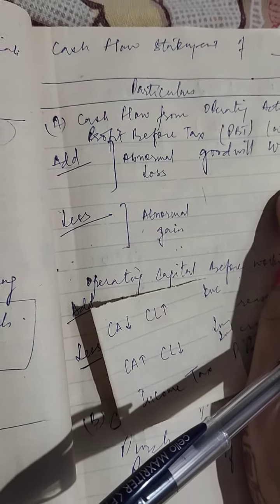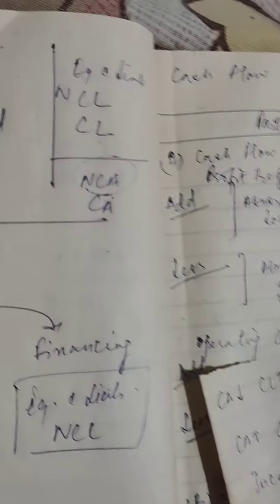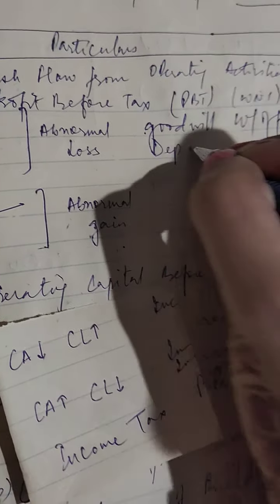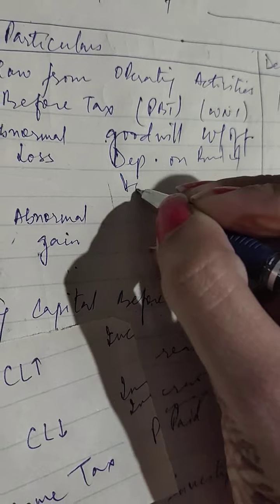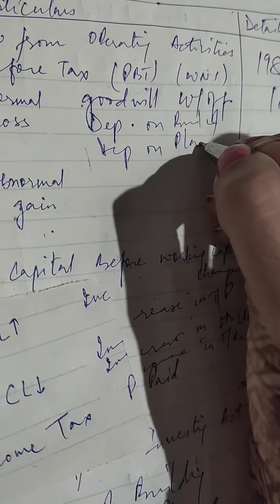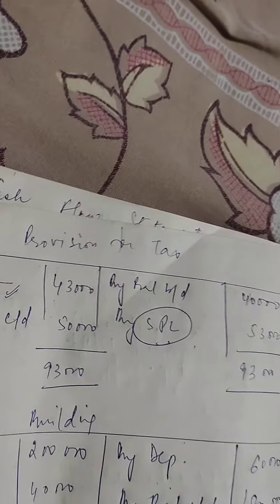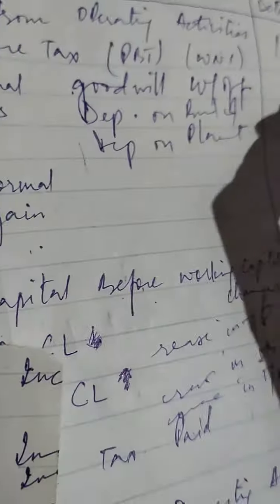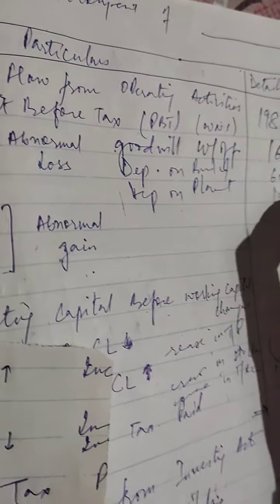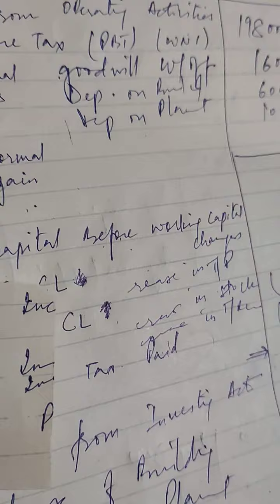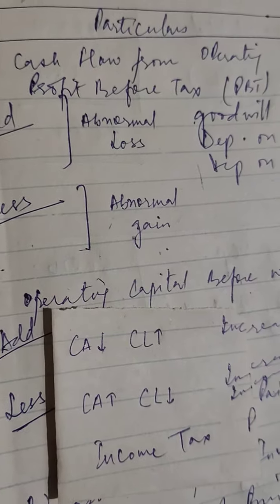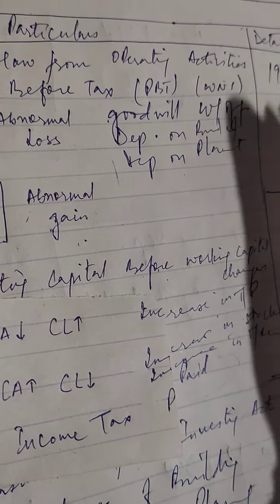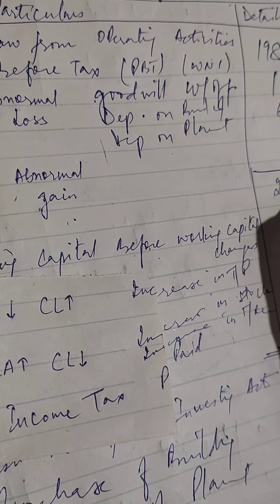There is no abnormal loss or gain in this, but I think we have left out depreciation. The depreciation on building, whose double entry was now posted, and depreciation on plant, right? Depreciation on building was 60 and plant was 10. So 60,000 and 10,000. There was no gain. So you can just total out all these items. You will be getting almost 2,84,000. Please check it if you get it, right?